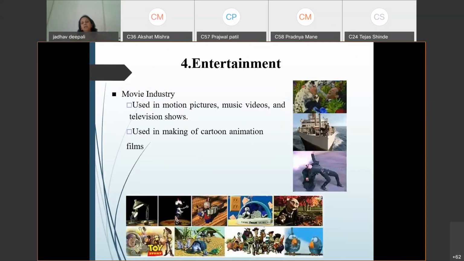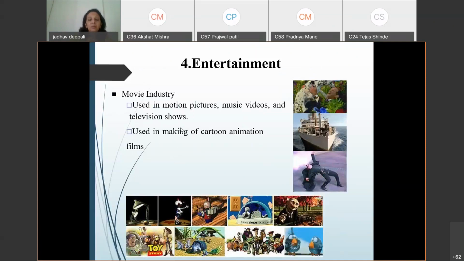Now the next and important application of computer graphics is entertainment, which is used everywhere nowadays. In entertainment, the movie industry uses it in motion pictures, music videos, and television shows, and in making cartoon animation films.